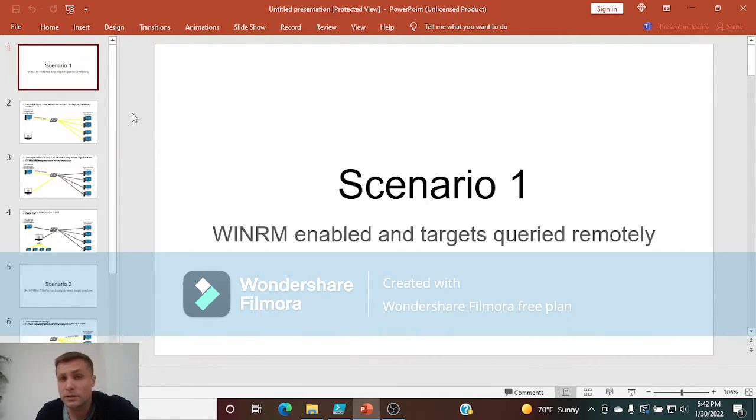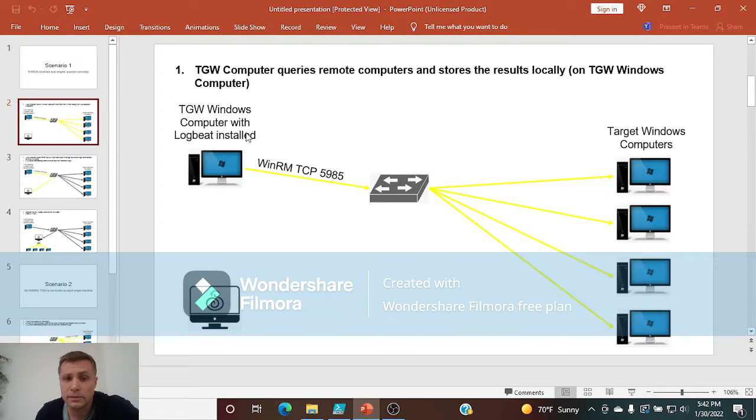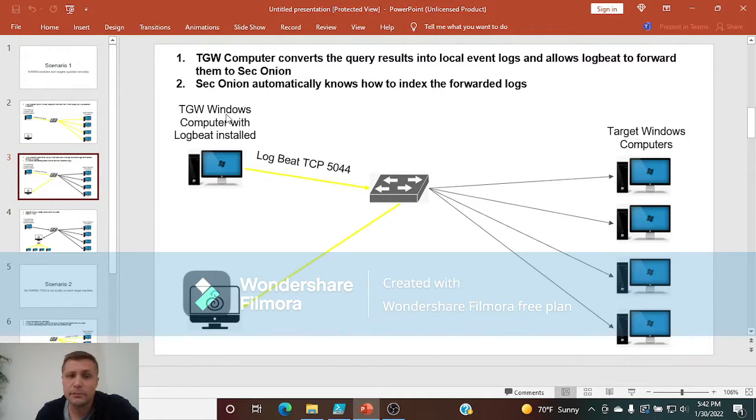Scenario one is the more traditional way, where WinRM is enabled and the Greater Wall has the ability to query them remotely over WinRM 5985. I'm not going to get into explaining exactly how the Greater Wall works because that's already been covered in previous videos. But essentially, the computer with the Greater Wall installed will go out, run the modules on the target computers, and receive the results back. It'll store all those results locally on this machine. Okay, and then step two,